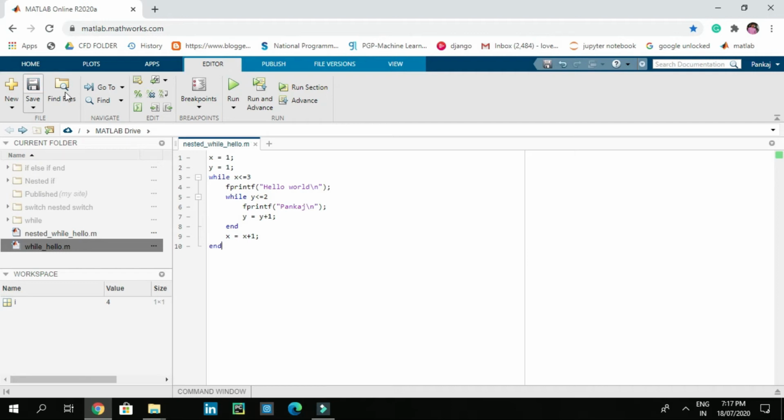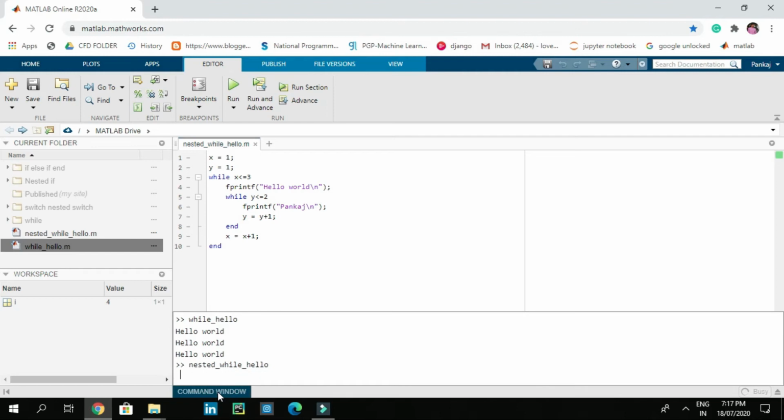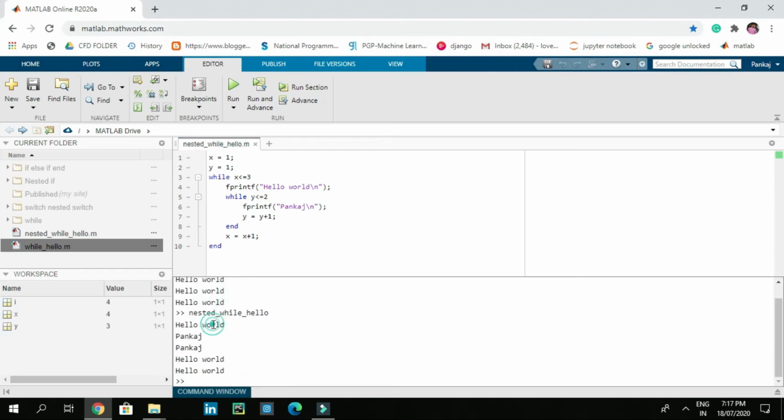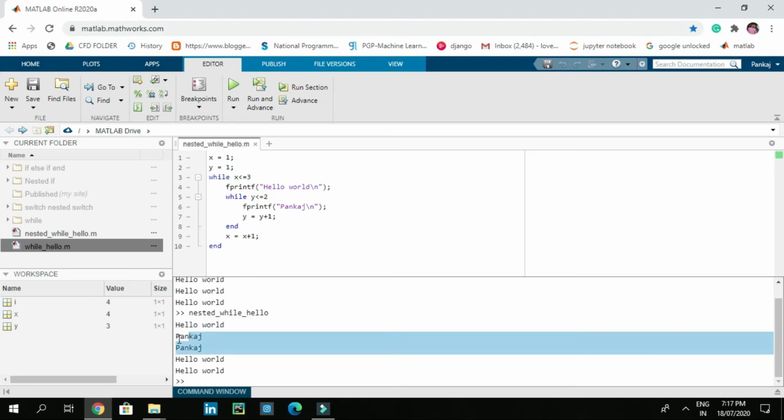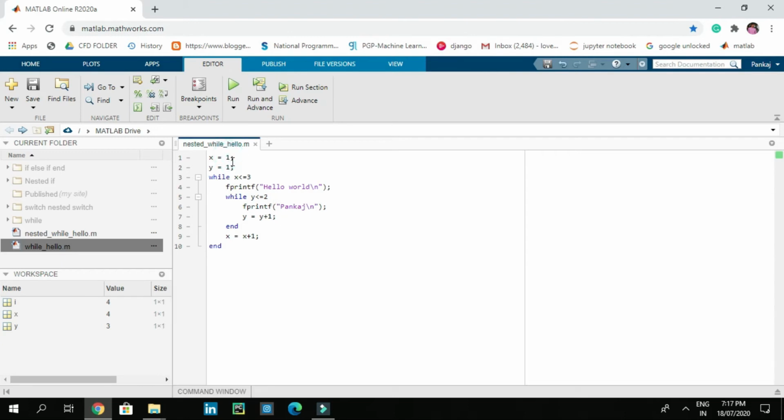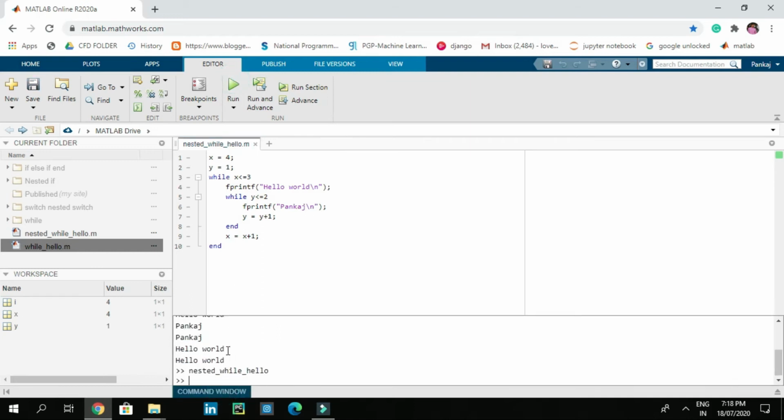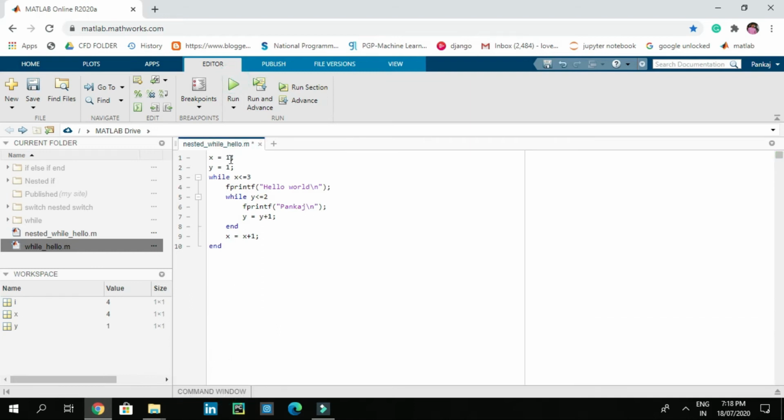So here we got output like which we want. So 1 time hello world, 2 times Pankaj, and again 2 times hello world, because our nested statement is going to print only after first iteration of while. So now let's change x as 4. So it is going to print nothing because we have more than 3.